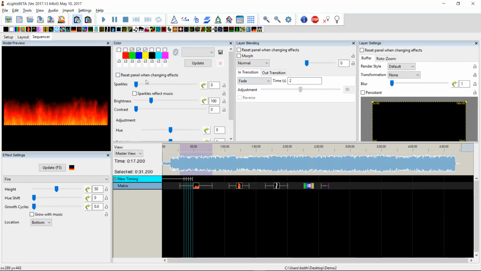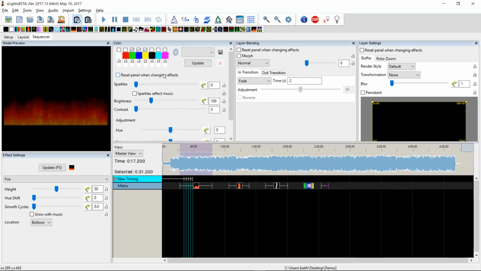And so just before Christmas, we toyed with changing that behavior so that, as long as you kept dropping the same effect, it would hold on to the settings. But as soon as you switch to another effect, it would reset all the settings back to their defaults with the exception of the color panel. The problem is, of course, there are some times when you don't want it to lose the settings. And so we introduced this checkbox here, which